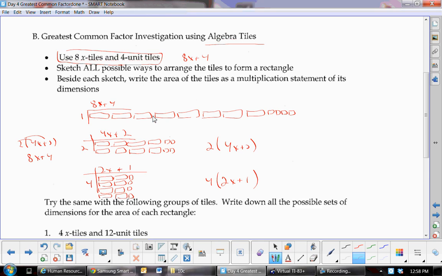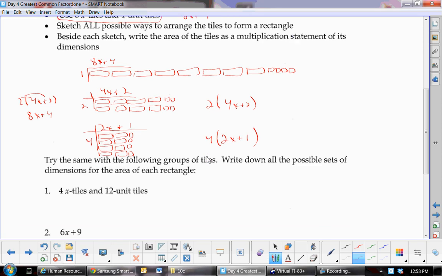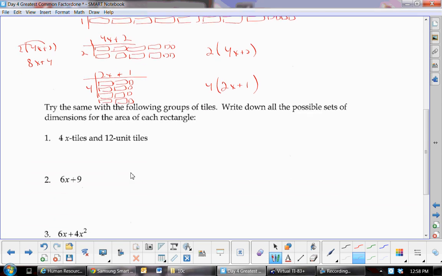Okay, there hasn't even been any work done. So the trick is how we can go right from here, 8x plus 4, down to here, 4 times 2x plus 1. Okay, so remember you were giving me this. Now I want you to give me this, the dimensions that would give the best. Now, if you had, number 1, we have 4x